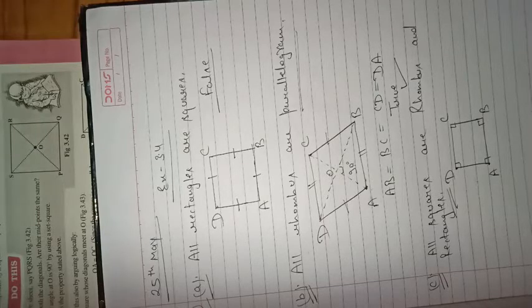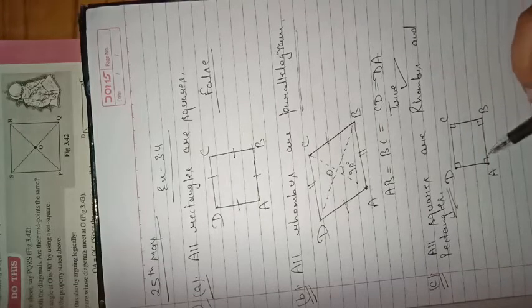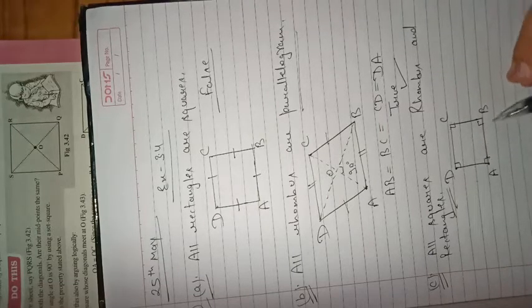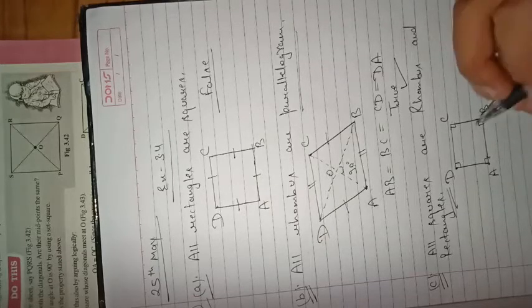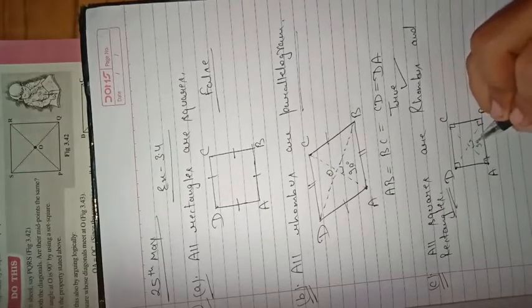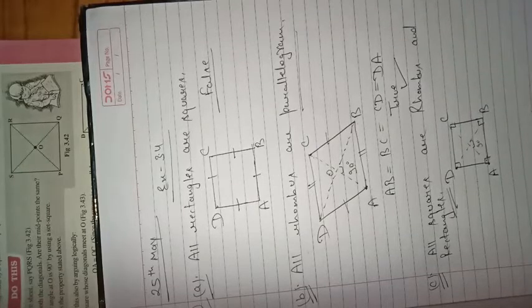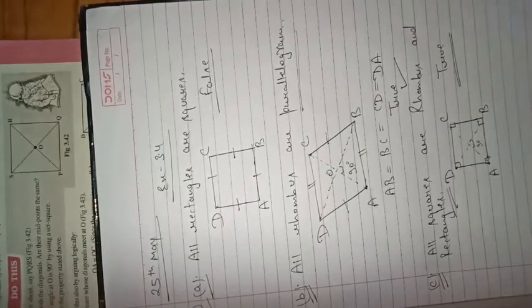But think about rhombus. In a rhombus, all sides should be equal, so all sides are equal. Opposite angles should be equal, but here all angles are equal, each and every angle is 90 degrees. Another property is that adjacent angles are supplementary, so angle A plus angle B, 90 plus 90, is 180. This property is also applicable. Diagonals should bisect each other, and if you draw the diagonals, they will bisect each other at right angle for a square as well. So a square exhibits all the properties of a rhombus as well as a rectangle. So this statement seems to be true, and we should mention this true.